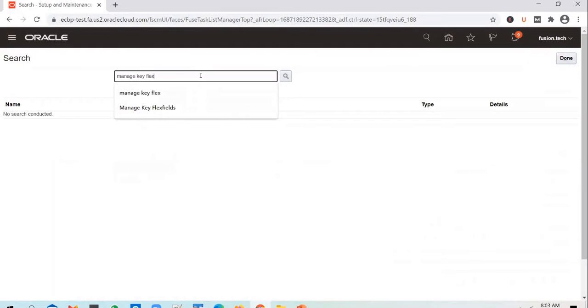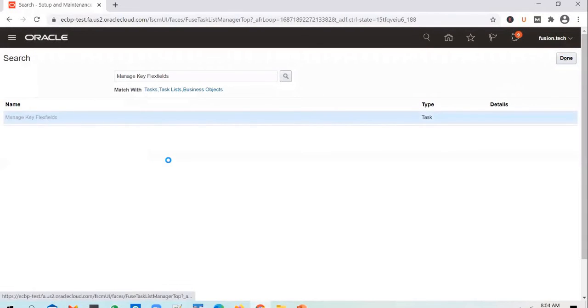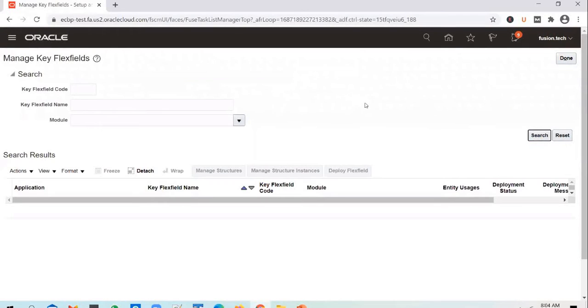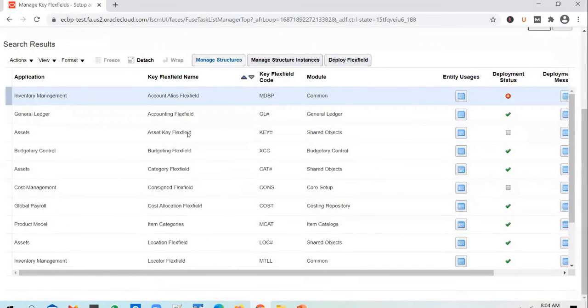Manage key flex fields, search for it, and once you get into the task, you will be able to see the key flex fields that are available in the instance. And if you do a blind search, you will be able to see that there are around 10 or 11 key flex fields available in the instance or available in ERP Cloud.